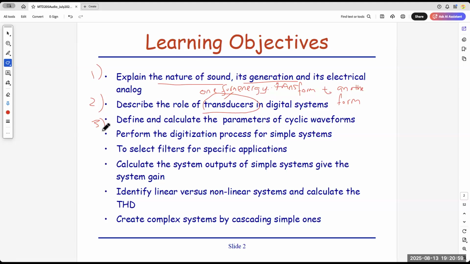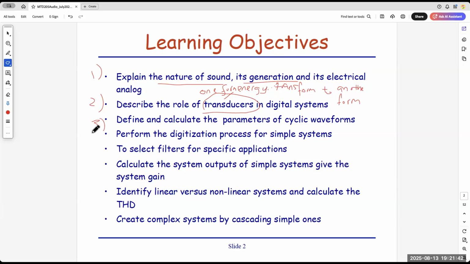In the old days when you studied chemistry, your MOE teacher told you that the smallest element of a material is called an atom. Similarly, in these technologies, the basic building block of an electrical signal is what we call a sine wave. You have done that in your early days of mathematics, secondary 3 and 4. If you forgot, never mind, we'll revise it, no worry. It's just an introduction today.